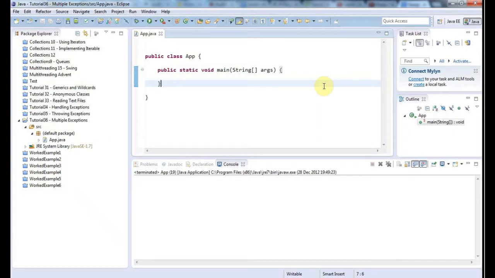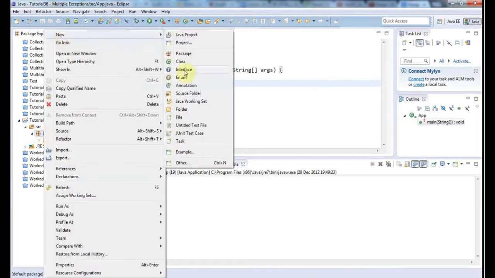Hello, this is John, and in this tutorial we're going to look at dealing with multiple exceptions. So we're going to look at throwing multiple exceptions from a method, and we'll also look at handling them as well. So I've got a basic program set up in Eclipse, and I'm going to also create a new class